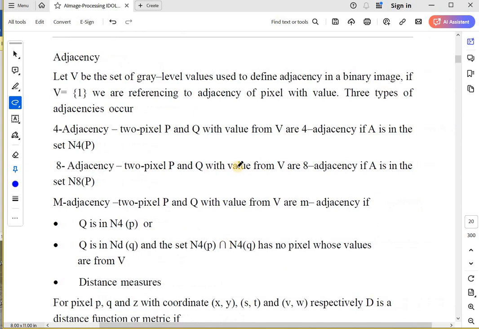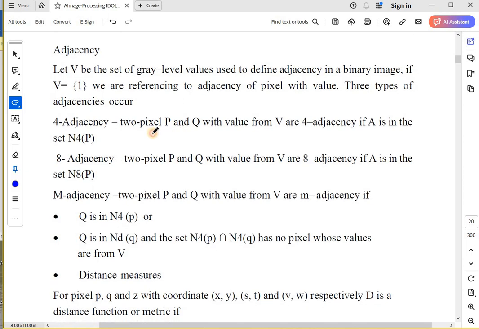Now the next thing is something that is called adjacency. Now let V be the set of gray level values used to define adjacency in a binary image. If V is the set {1}, then we are referring to the adjacency of pixels with the value 1. So there are 3 types of adjacencies. One is 4 adjacency. So the 2 pixels P and Q with values from V are 4 adjacent if Q is in the set